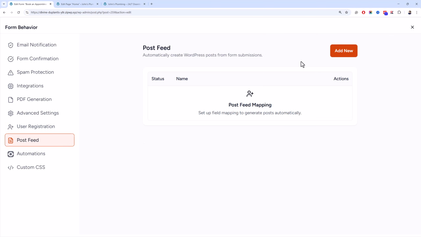And now you can also use the post feed feature, which will let you create WordPress posts from front end using the Showform. You can create your own custom forms to submit posts from front end, or you can let the users submit guest posts to your blog.